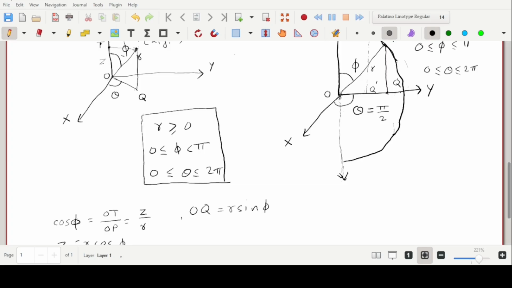You can check it for yourself, because this is phi, then this angle is pi by 2 minus phi, and if it is pi by 2 minus phi, then OQ is R cos of pi by 2 minus phi, which means it is R sin phi. Alright, so OQ is R sin phi, and now we shall drop a perpendicular from Q onto the X axis